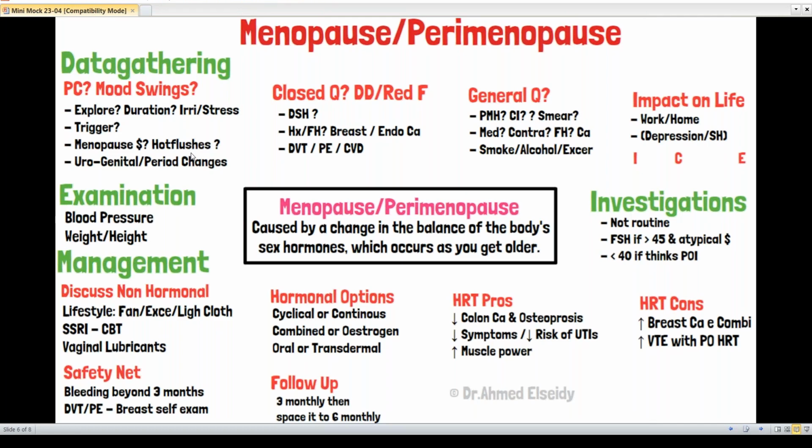Second one is vasomotor symptoms like hot flashes and sweating. So ask her, do you have any hot flashes at all or any sweatings at all? The third one is urogenital symptoms like problem with passing urine or dryness in the vagina. And the last category of symptom is period changes. When was your last menstrual period? Was it regular before that or not? So by this first 1.5 minutes or 2 minutes, I have my diagnosis in hand. You are very good to go.